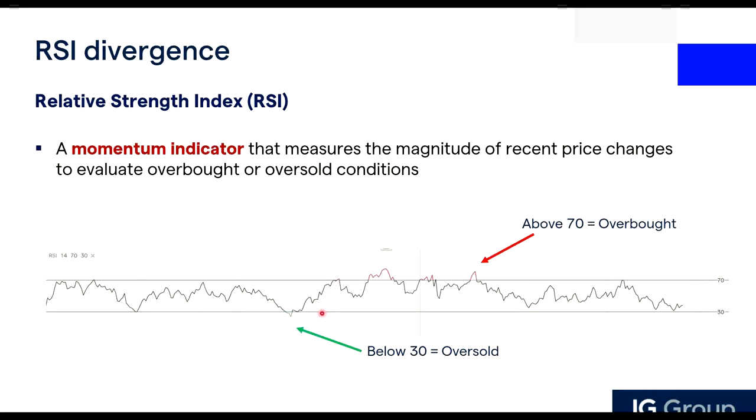So you tend to see more strong green candles than red candles in a given period. And if you notice that this RSI is trending down, it means that the average losses are greater than the average gains. So in the price itself, there are more bearish candles than bullish candles.